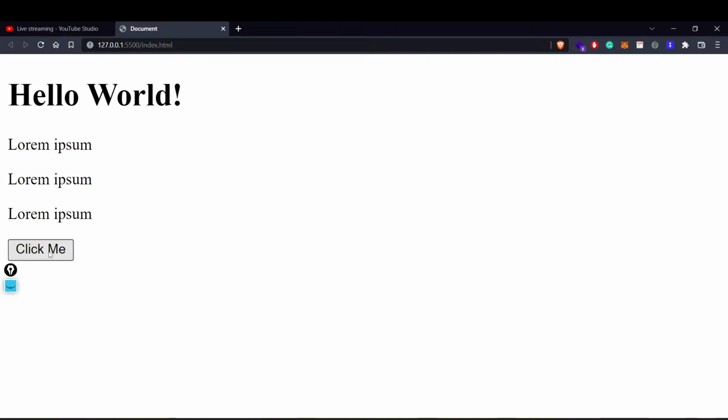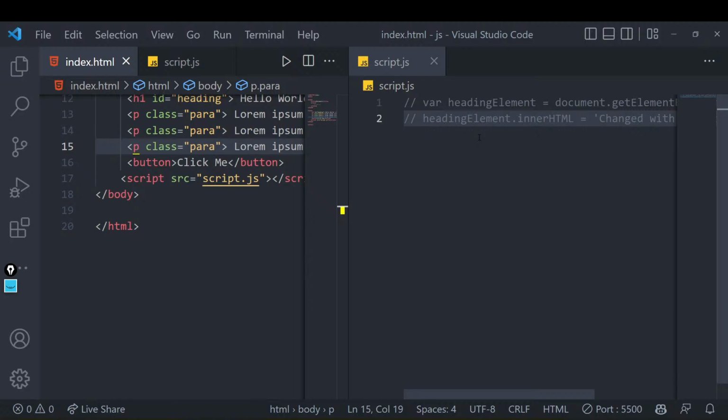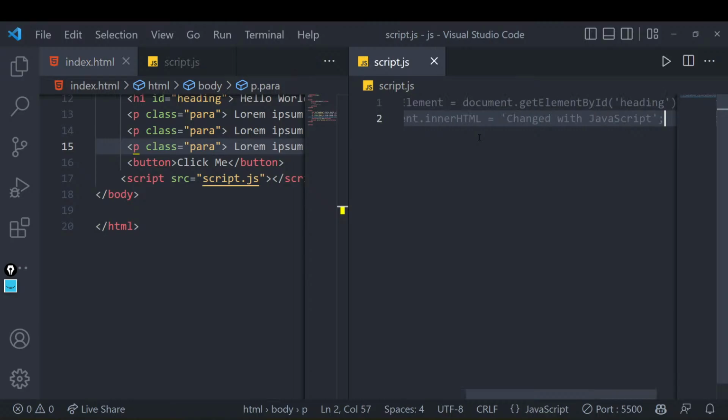Now I'll only show you one simple thing about events: once I click on this event, I want to maybe change a particular text, or I want to maybe show some alert, right? So how can I do that? It is all about events. One thing I'll be doing is that you can add events in two ways.